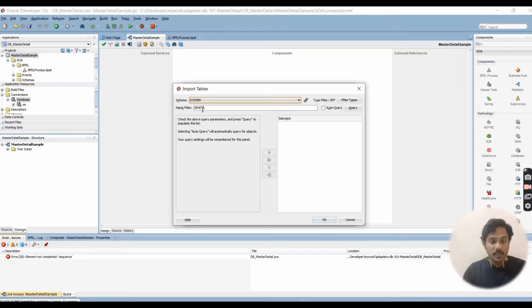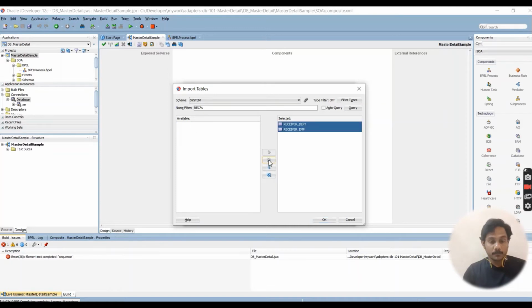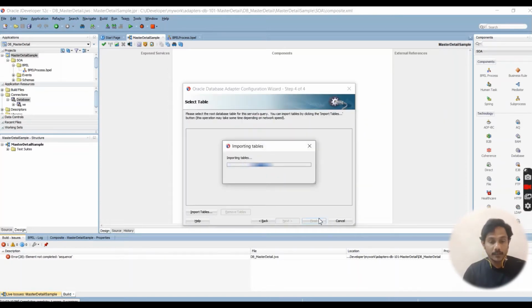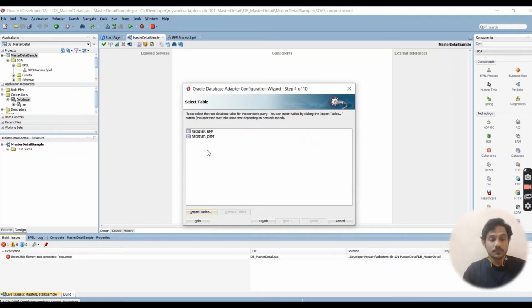So our source tables are receive employee, receive DPT, search with receive. Select the two tables. Click on OK. Click on receive DPT.